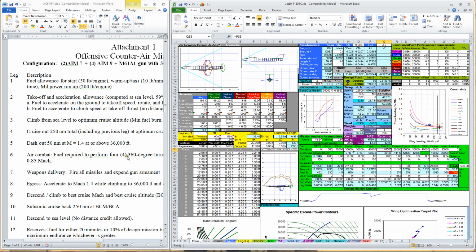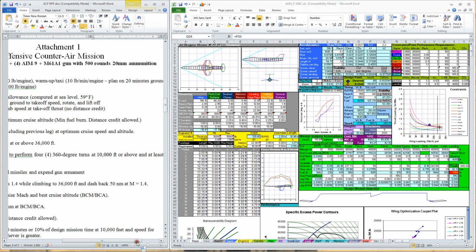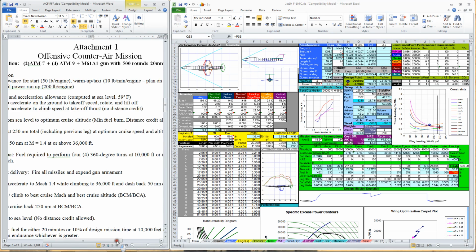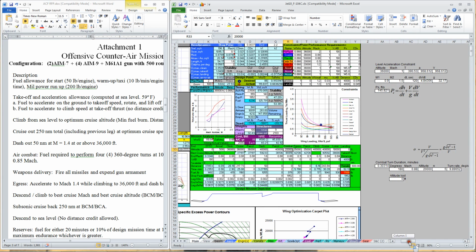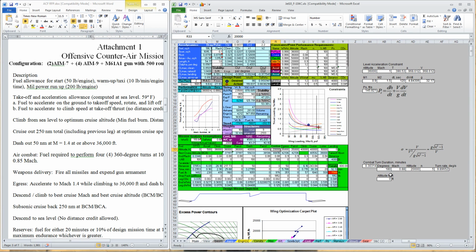Then it says perform 4 360-degree turns at 0.8 Mach and 10,000 feet. You can do it above 10,000 feet, but that's probably one of those things where we could leave it at 20,000 feet. Why don't we do that and see how long that's going to take us at 20,000 feet. 4 turns times 360, so we put a formula in there, equals 4 times 360. And 20,000 feet,